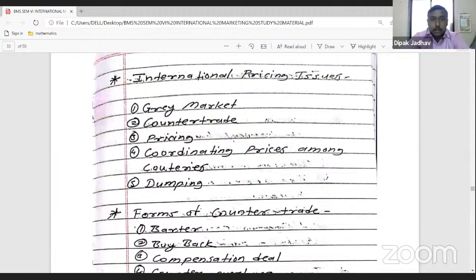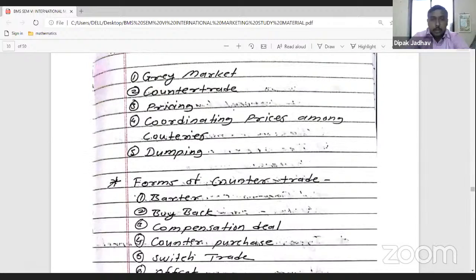Then pricing, and the coordination among the countries. If a country is having geopolitical issues, then the coordination will come, and ultimately it affects business. It is not by itself your company or even your home country. It can happen by the